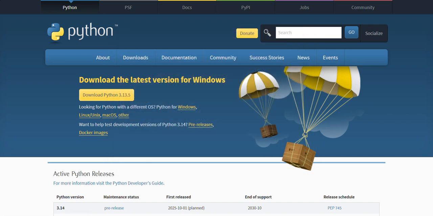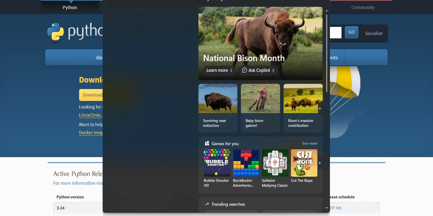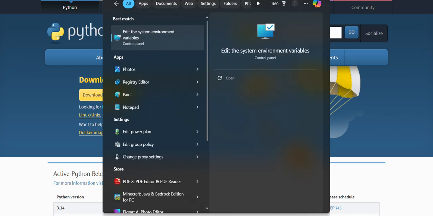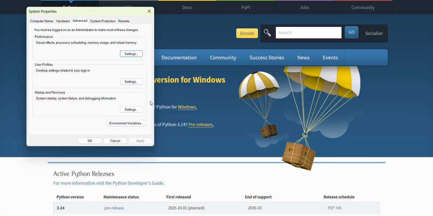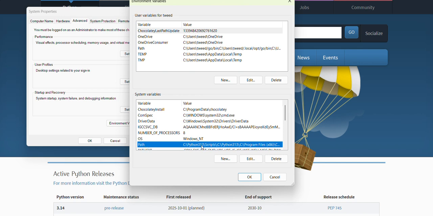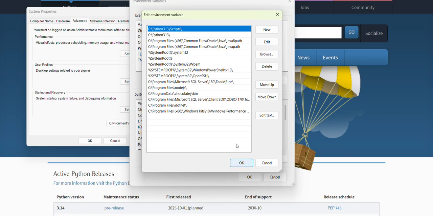So what I'm going to show you here, if you ever have an issue, I usually just do this right here. I'm going to go to edit system variable, hit open right there. Go to environment variables right here. Then right here on the path, as you see, it did add mine to the path, but sometimes it won't add it. What you're going to do is go to edit, and then you would take that folder